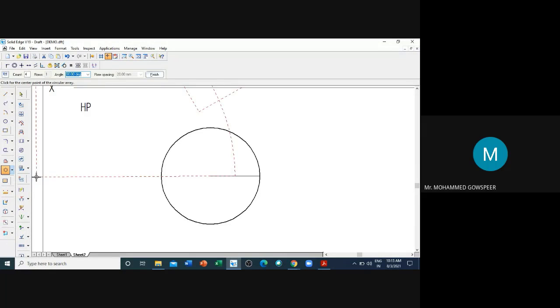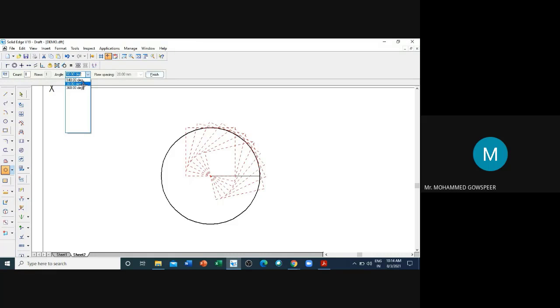Click for the center point of the circular array, the center of the circle. Next, the count: I want to divide into 8 equal parts, covering the complete 360 degrees, the complete circle. Then say finish.